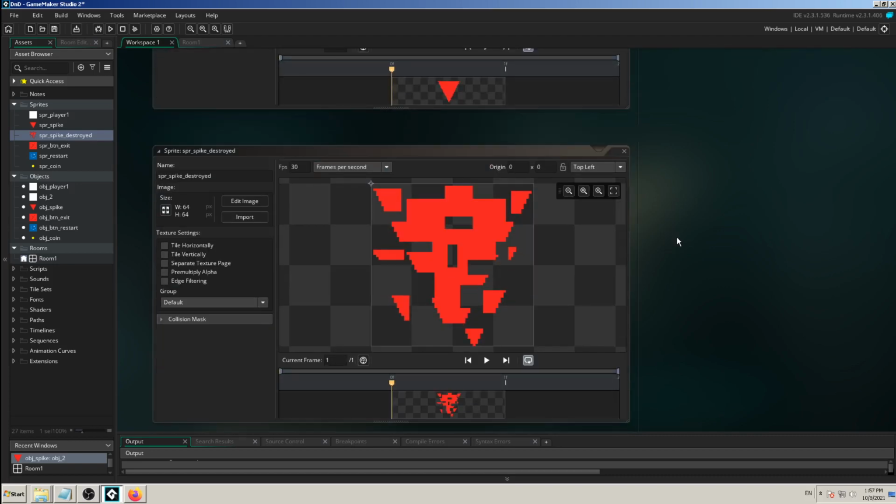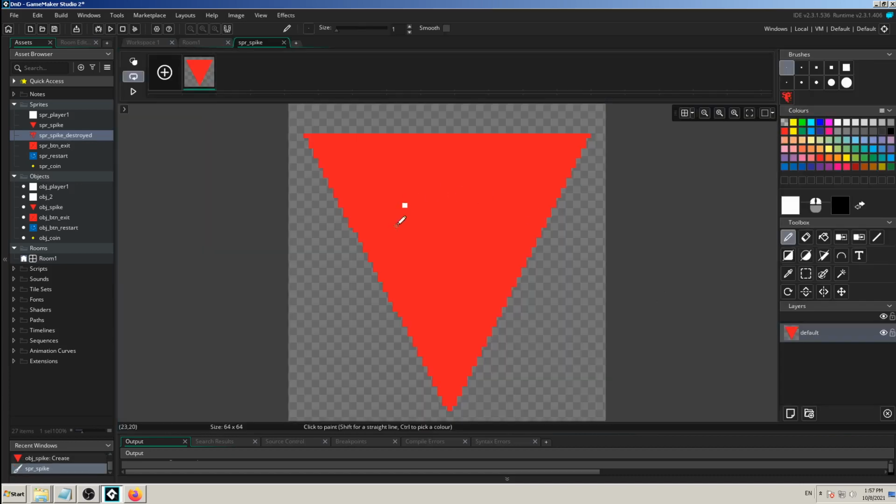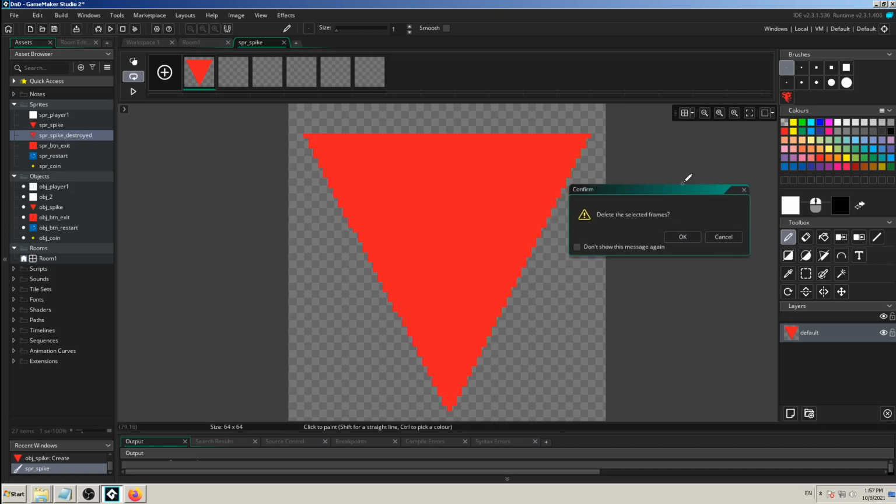So I'm not using Sprite Spike Destroyed, but the first one, Sprite Spike, the basic one, and I will go to edit image, and here you see the only one image, right? The first one, the simple red triangle. So how can I add more images? How can I add more sprites into this sprite? The simplest way is just clicking this plus button and it will make as many sprites for you and place for those sprites as you want, and you can delete them with this X button in the right top corner